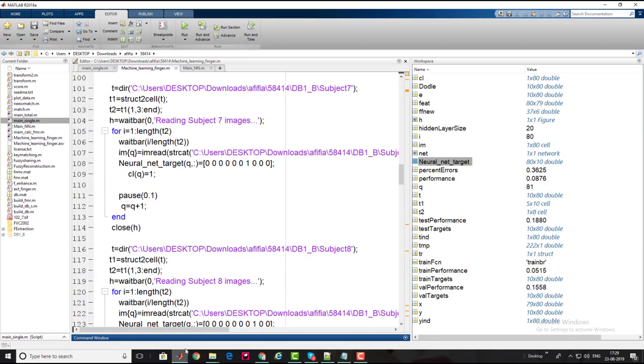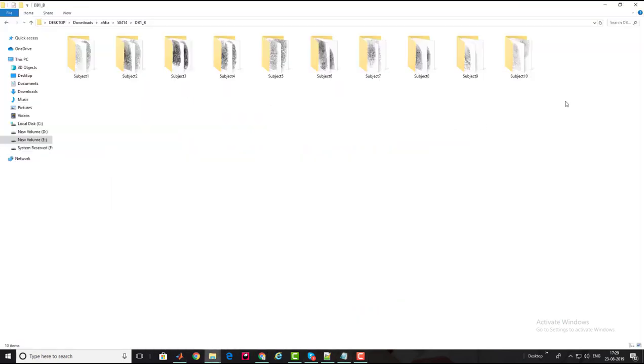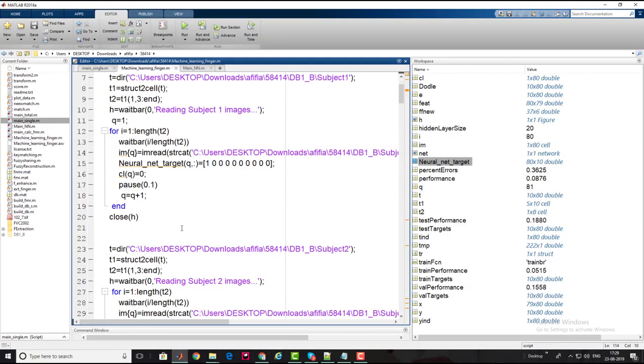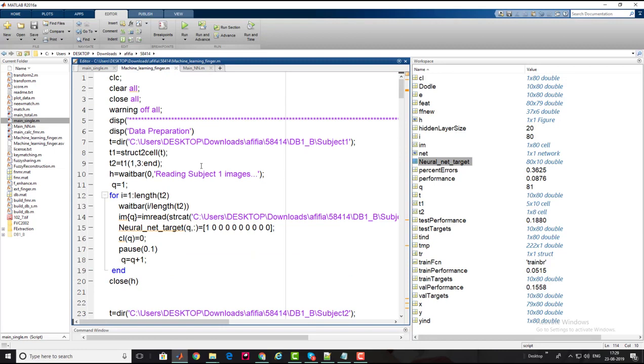I guess you remember that I put each subject's images in a single folder. My primary aim is to build a dataset which is more compatible and can be fed into the neurons for training purposes.